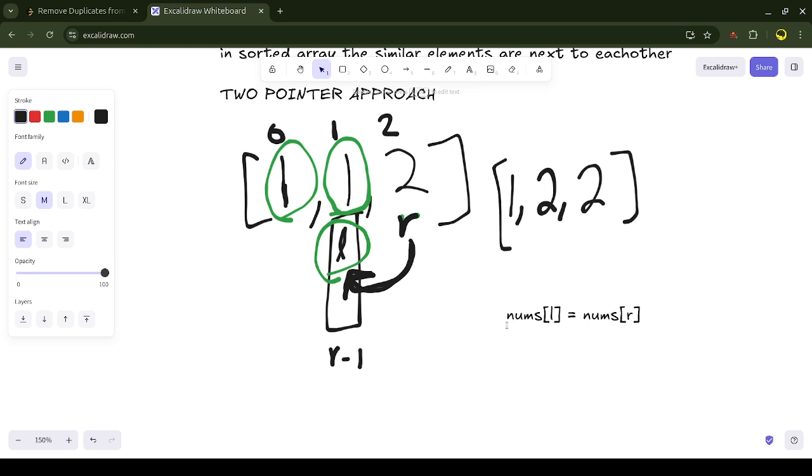If my new number is not equal to my number before, that means there is a new number, and if there is a new number, I bring that number forward. So we are just bringing all the unique elements further. Whatever unique elements we are finding, we are bringing them forward. This is what we are doing: picking, checking the condition,